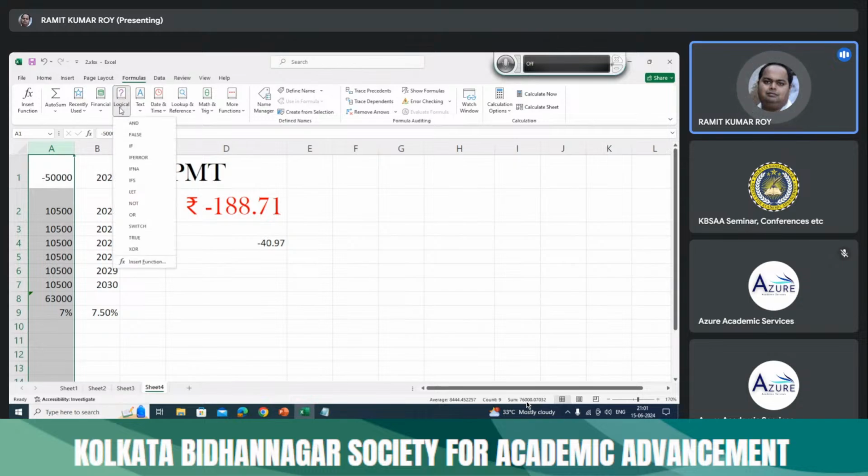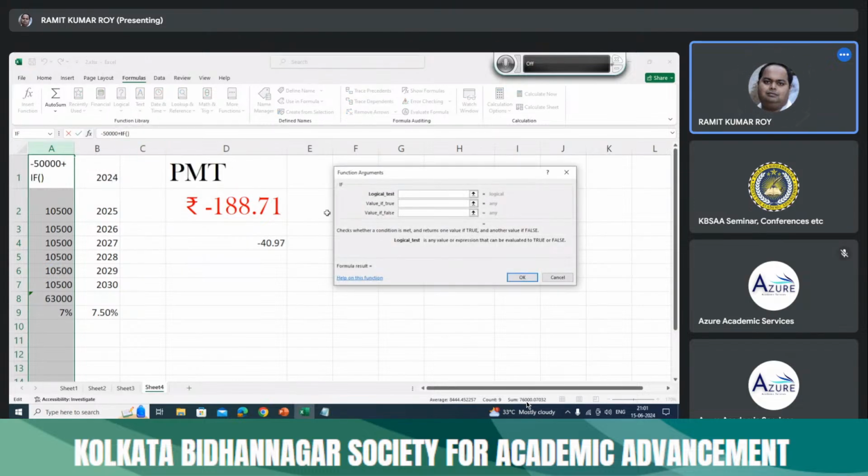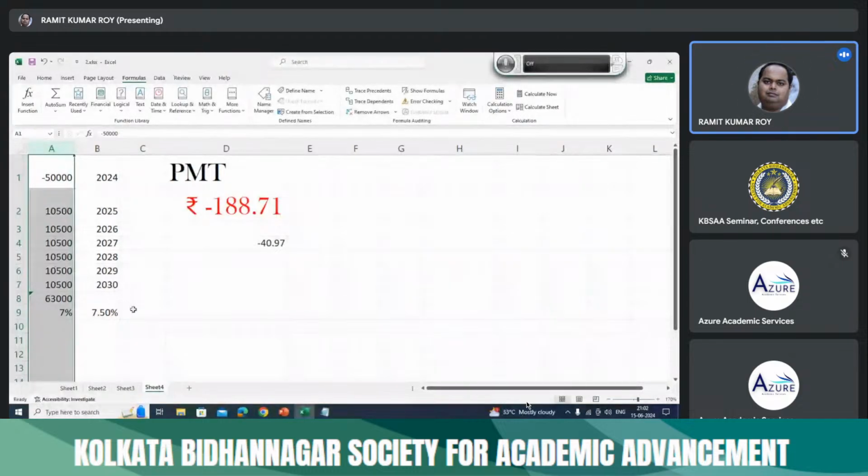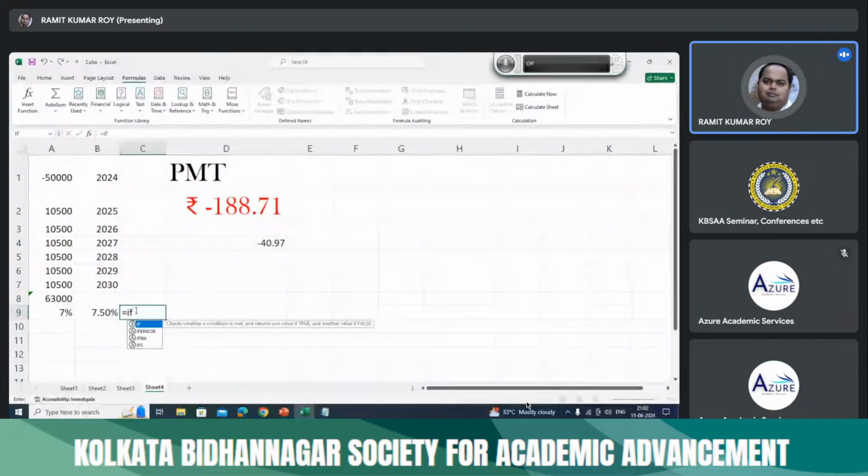So in case of logical, there is a function called if. Now, equal to if A9 greater than B9, comma,